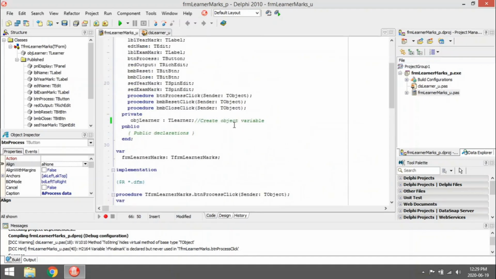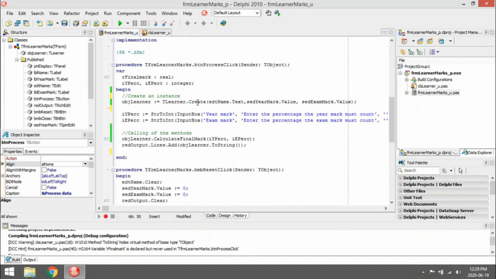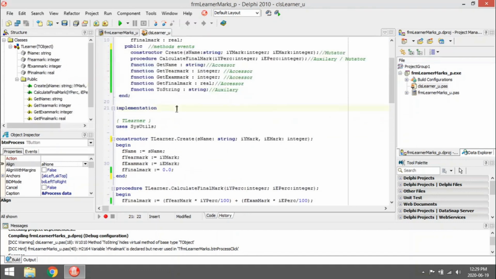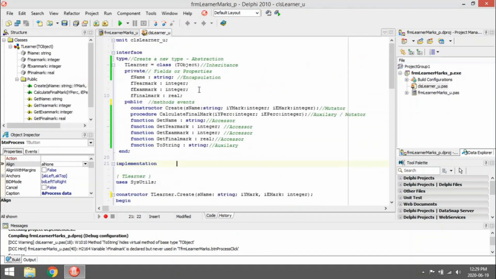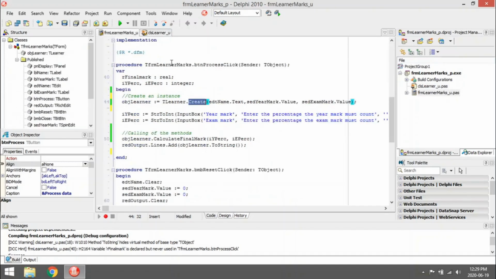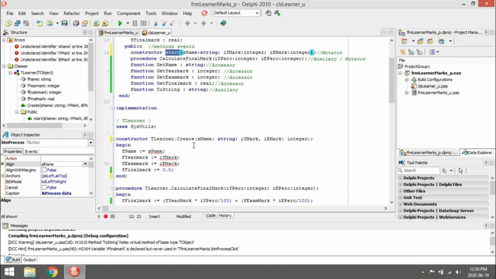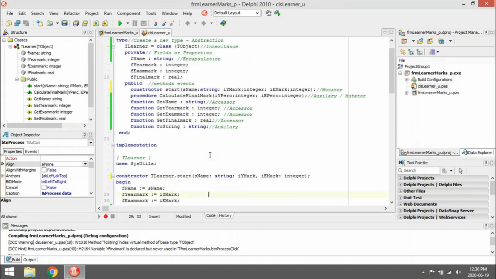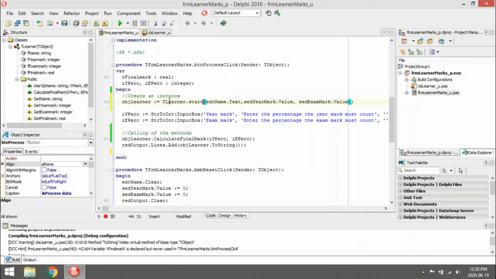Okay, another thing that I can maybe add here is the constructor is a procedure that is called when you create your object. But you can rename this constructor. You can rename it to something like start, and then when you call that constructor, you must just make sure that you call it by the new name.